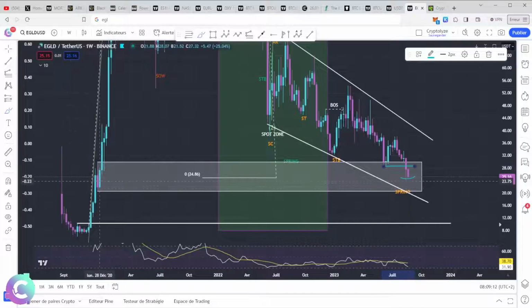And I strongly believe that there is a risk of having a bearish acceleration still, okay, to potentially get the $20 even here, which is the lowest target for me, a retest here before the acceleration, which is the order block structured around $10 at the level of GLD with an effective rework. So we would really be at the bottom of the bottom of the bottom of the spot zone.